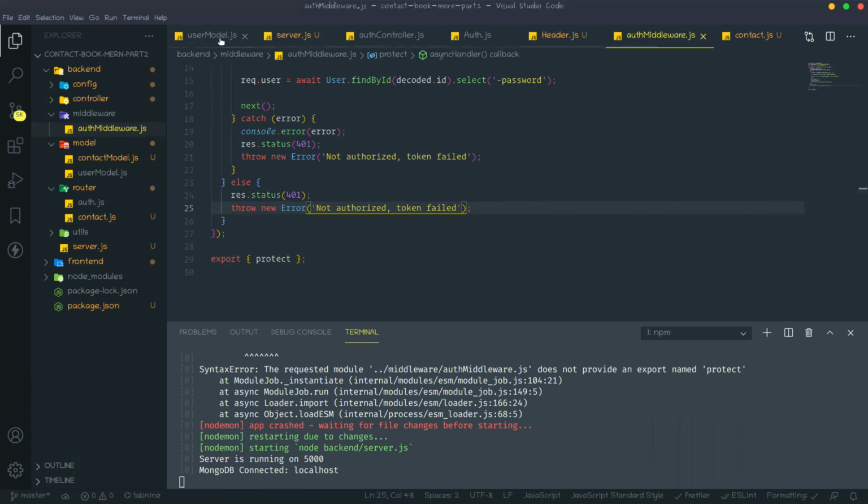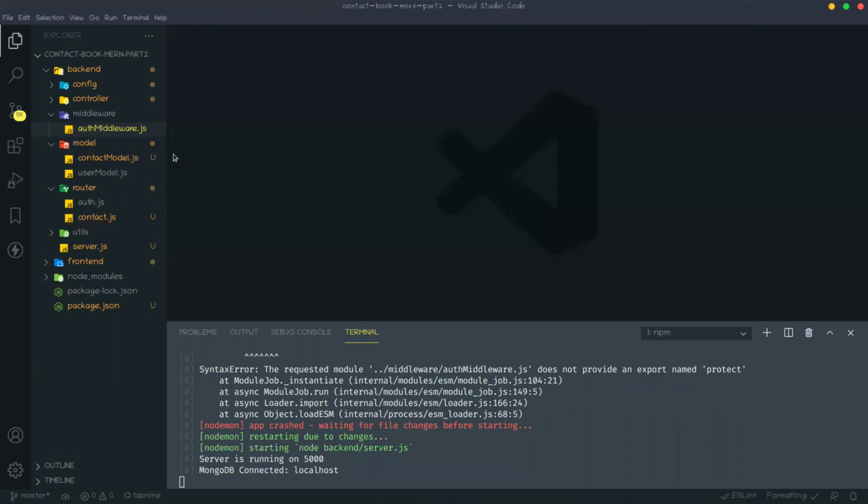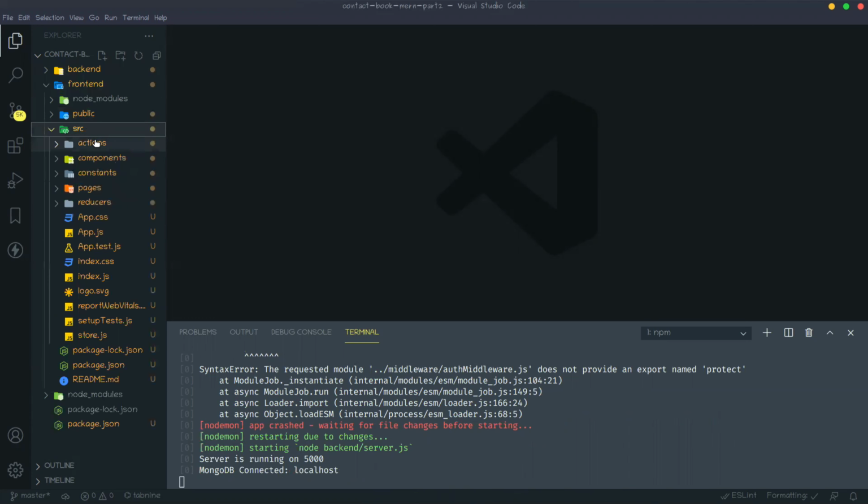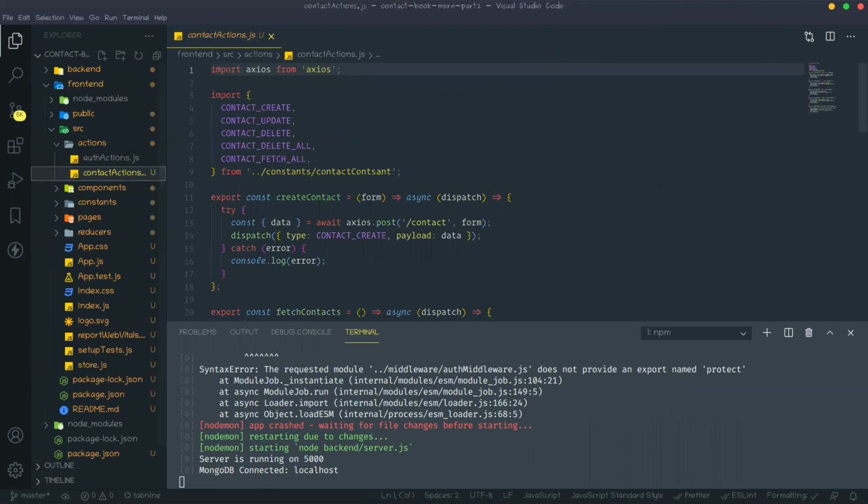Now close all those tabs and go to the front end part, go to the actions and then contact actions. In this contact action, actually we need to send that Bearer token, so for add contact and everything.